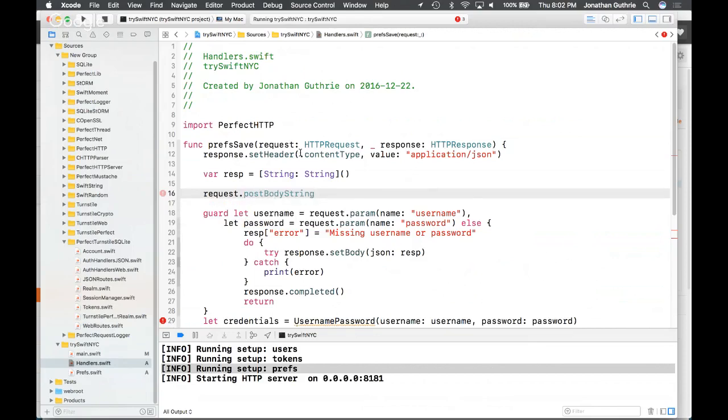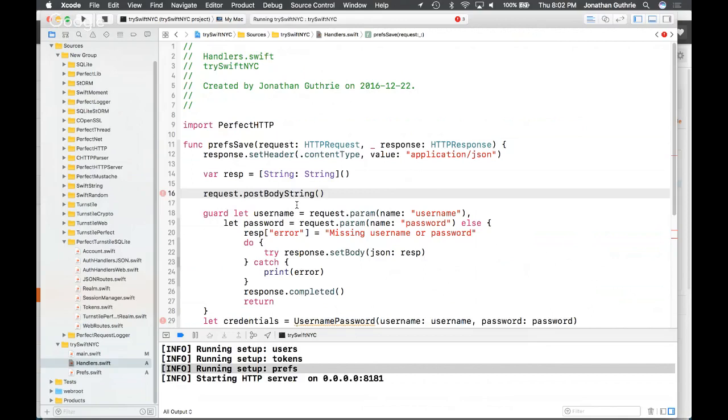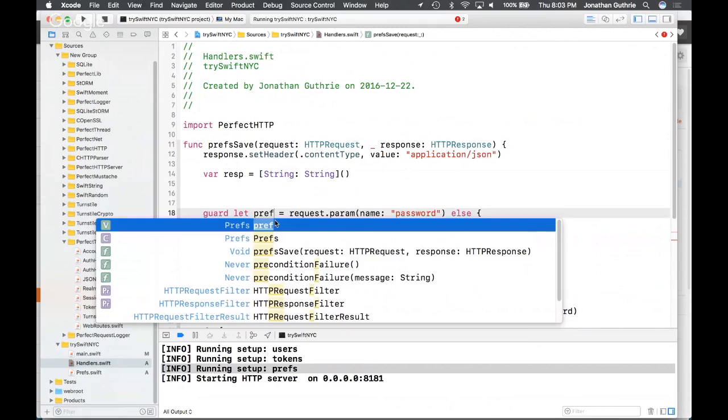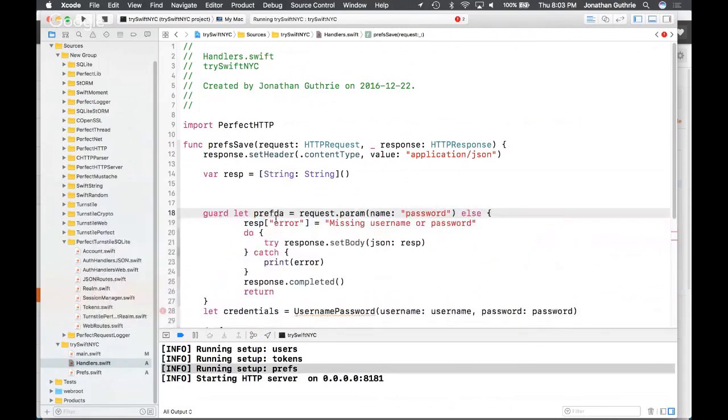Okay, so post body string. That's the thing that we need to set. So we're going to put that into let pref data equals that.